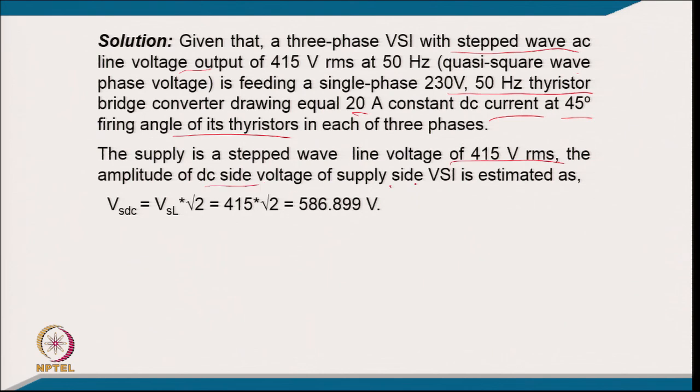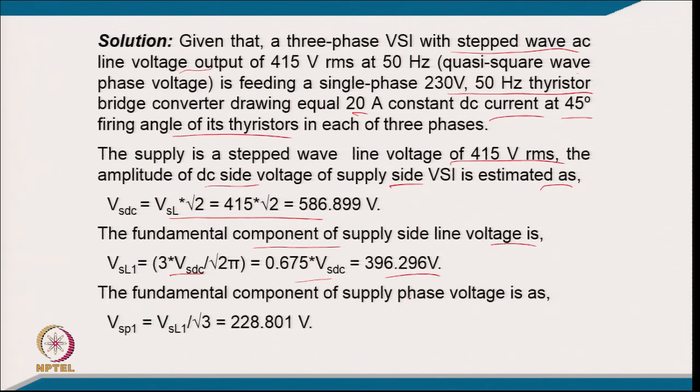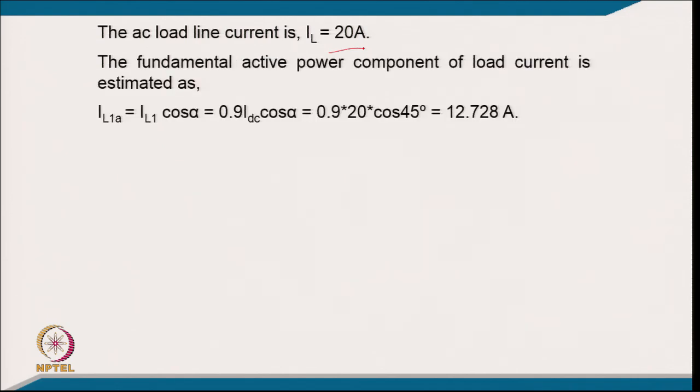The amplitude of DC voltage from this SI is estimated √2 of that, it comes 586.899 volt, and the fundamental component of supply line voltage will be calculated typically from this relation. So, it comes 93.296 volt, and the fundamental component of supply voltage comes typically 228.801 volt, and in 3 phase thyristor converter the AC line current is given of 20 ampere, and the fundamental